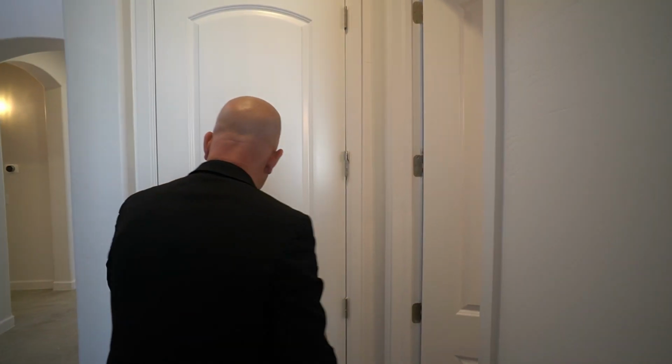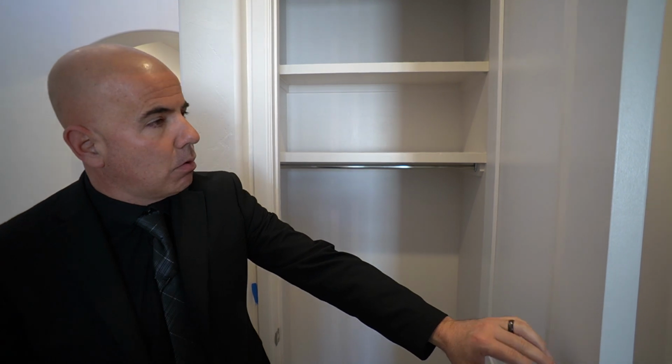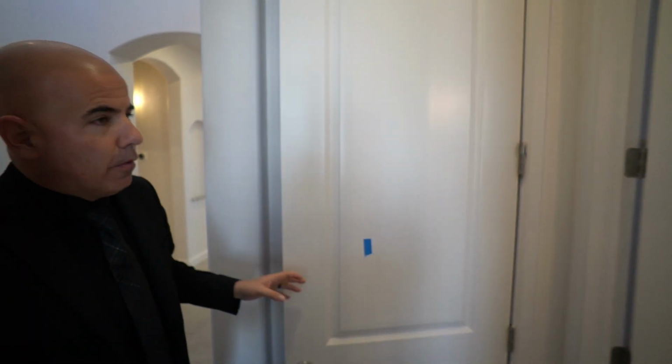The home is very well balanced, so whenever the AC turns on, you don't have slamming doors. It's not like an event in your house, which is a good thing. And right here, you have an actual coat closet with a double shelf, so it acts as both a linen and a coat closet. It's fantastic. And the first bathroom,